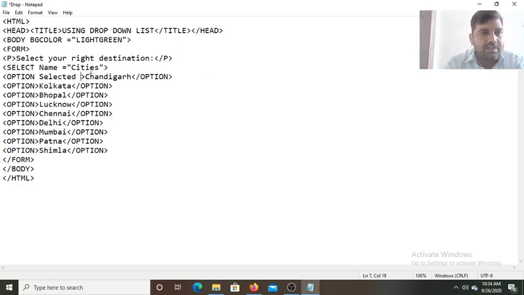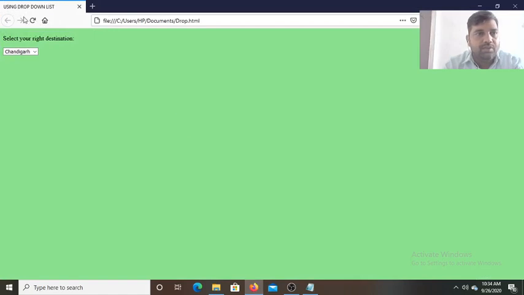Control plus X, you cut it. This is an attribute of the select tag, so here we have to write size equals to 4. Now save it, and after that we are going to refresh the web page. Now you can see at one time this is the combo box. Here at one time we are seeing only 4 city names, and the first one, Chandigarh, is selected, highlighted by default.